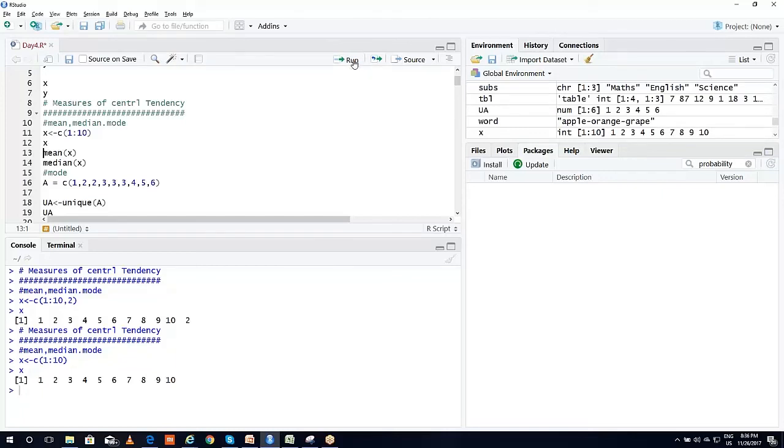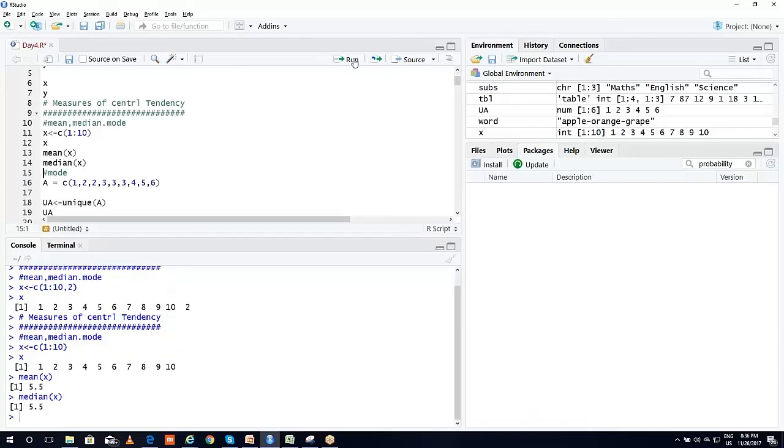Mean I'm calculating, 5.5. How did it do that? Sum of all the numbers divided by the number of numbers, that is 10. All the numbers put together should be 55, and the total count is 10, and that's how it's getting 5.5. Median, 5.5. Mode,